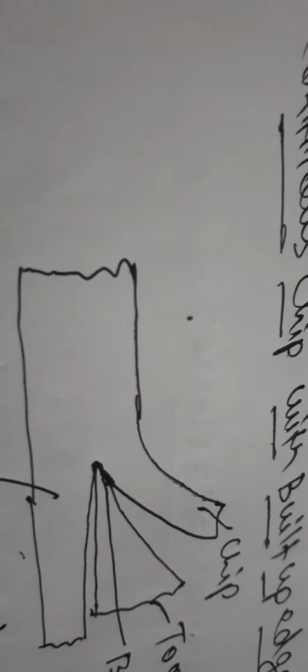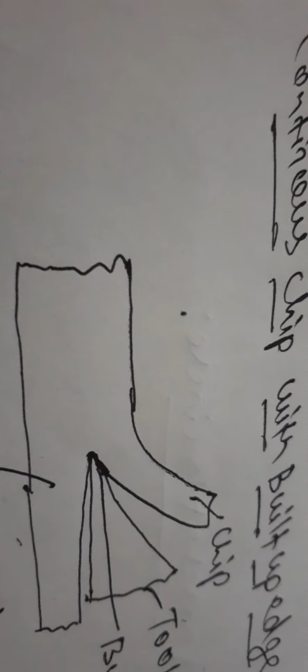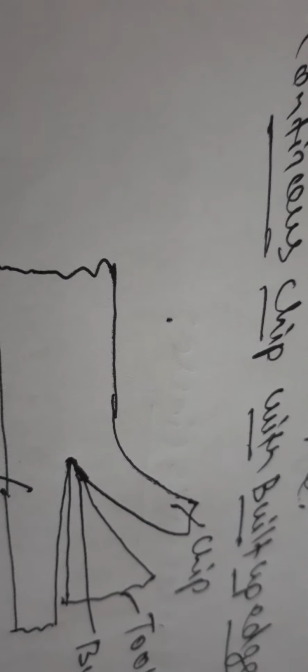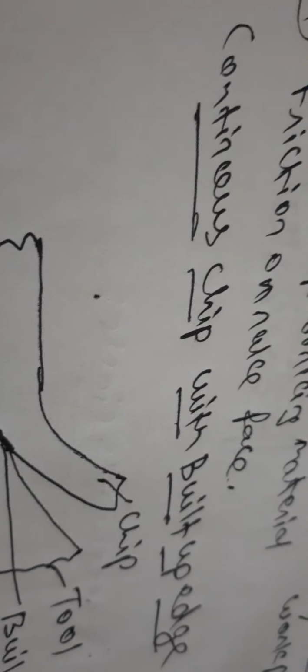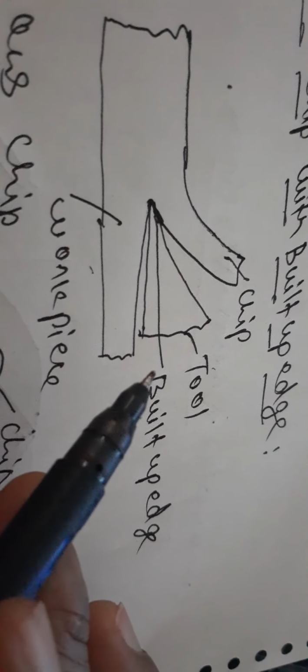The chip slides under heavy pressure on the rake face. Also there is a high temperature between the chip and the tool. Due to the high temperature and pressure existing, the chip may stick to the rake face of the tool. The heat of the chip is conducted to the tool at the close contact area. The chip becomes stronger and more of the deforming work material is attracted. The size of the built up edge goes on increasing till a critical size, and what happens at the last?